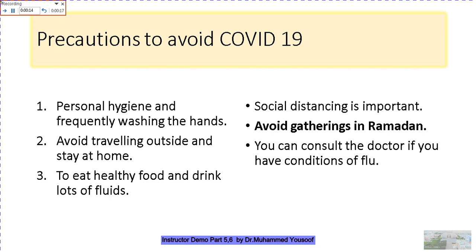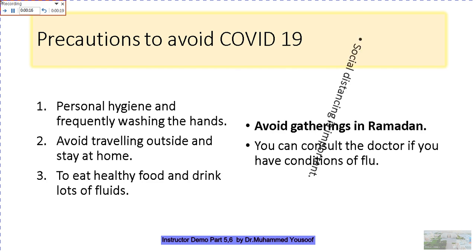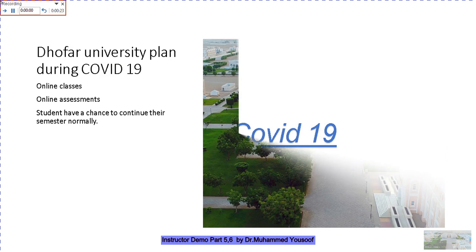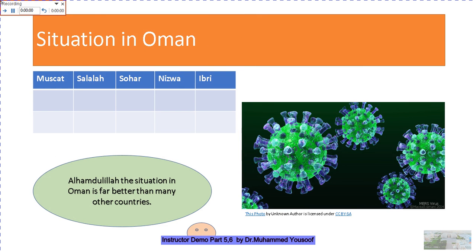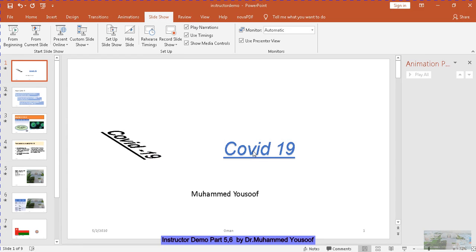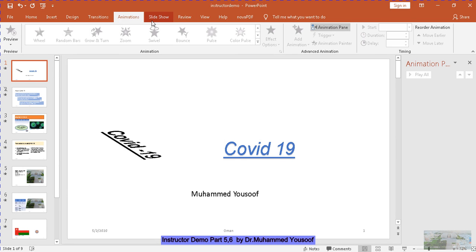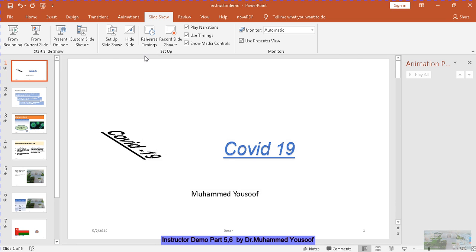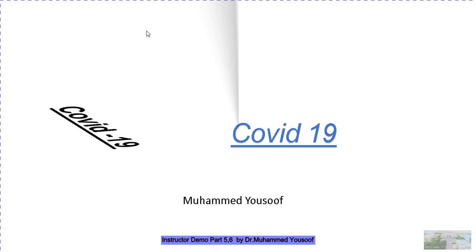Okay, you can set the timing like this. Now it will ask you, the timing is just 1 minute, 1 second, because you have come and just started with this one. So you can set the timing and the timing will be there. For example, go to slideshow, set up the show, make it all. Now I give OK. For example, I start here. I go to reverse timings.